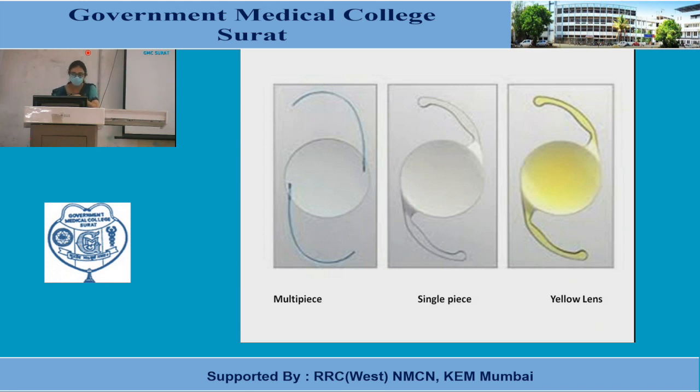So this yellow lens again helps to prevent macular damage. Once you are dealing with a case of diabetic retinopathy where you know that the macula is compromised, this will help to block the UV rays. So that is an advantage, that it will prevent secondary macular degeneration later on that occurs because of UV light.